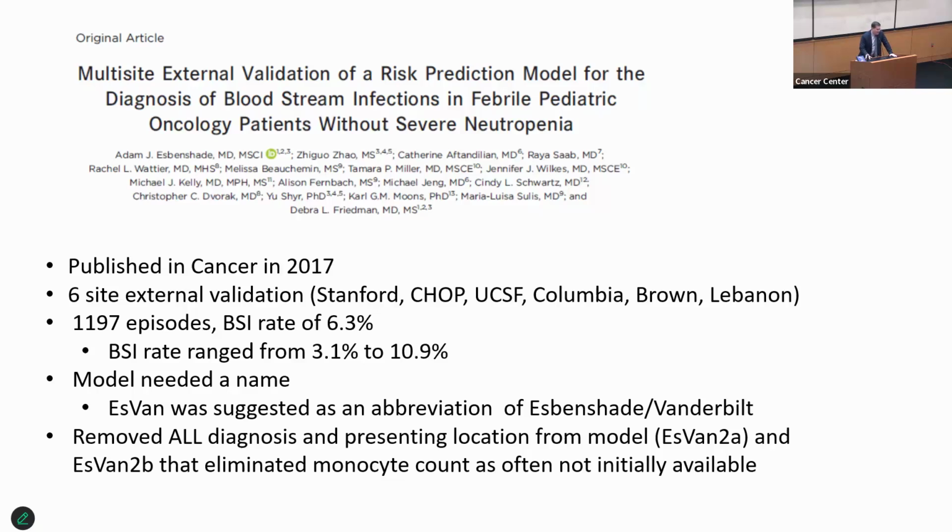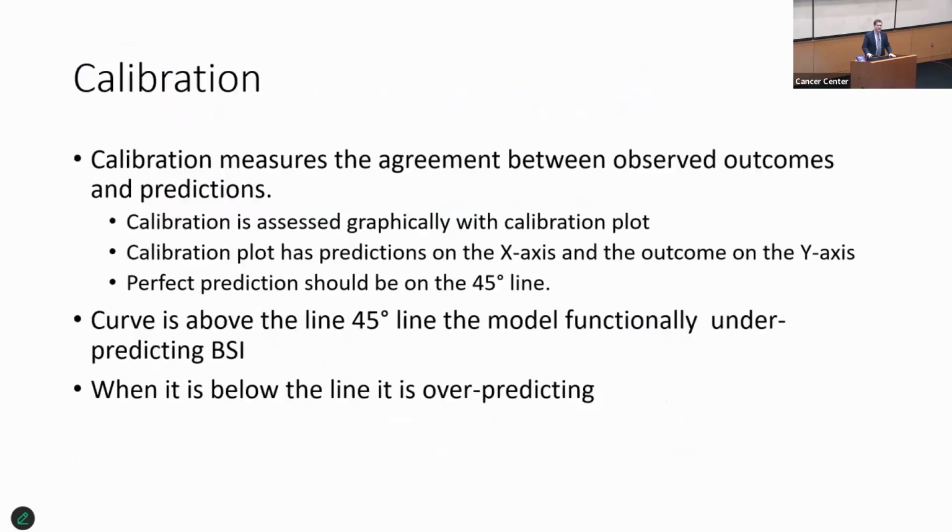Okay, so interestingly, when we went to externally validate, we did reconsider some of the variables. One variable we had in the original model was ALL diagnosis, which was actually lowering the predicted risk. But when you really look at the data, it was driven by ALL in maintenance and not ALL in DI or in the relapse setting. So it's really inappropriate to give a lower risk to someone who's actually in a higher risk setting. Taking that out, as well as taking out patient location, presenting inpatient or outpatient, notably improved the model. And so that's why we have this Esvan 2 version that now exists.